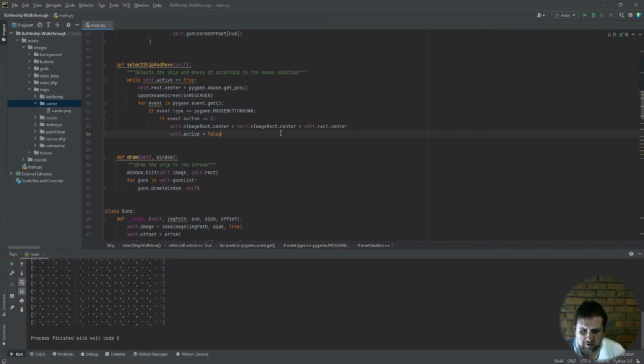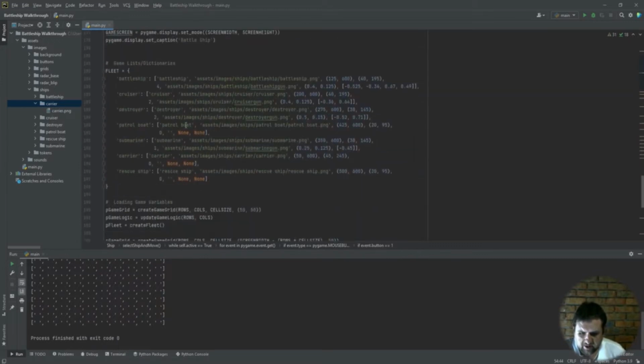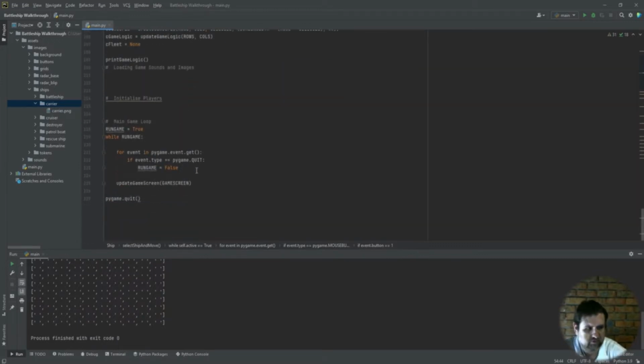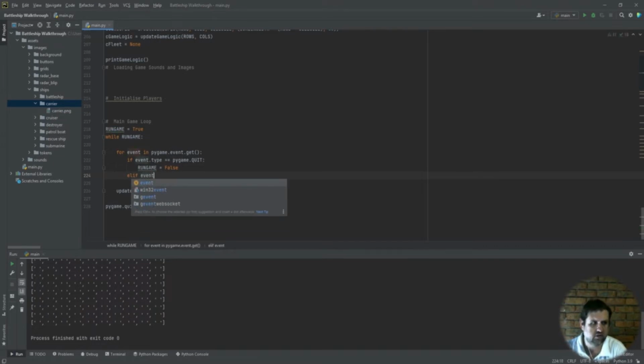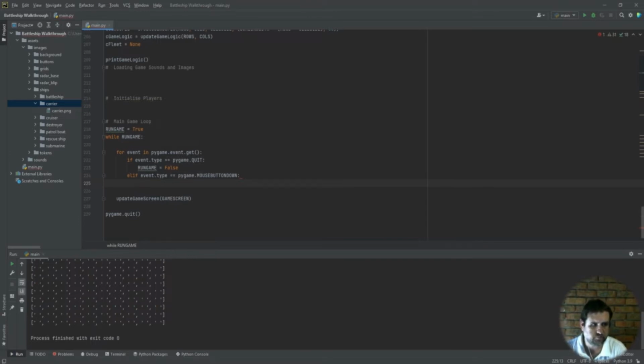So we've created that. Now what we need to do is create, in our main game loop, an event handler for the mouse button down. So for event, if event.type is equal to pygame.MOUSEBUTTONDOWN, and if event.button is equal to 1,